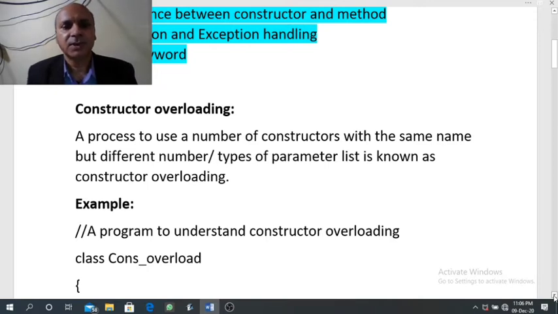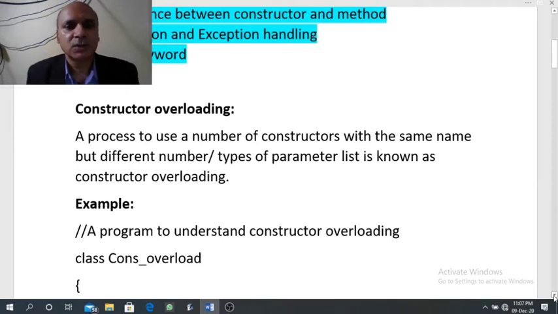In the previous chapter method we had discussed method overloading or function overloading. In case of function overloading, we design many functions with the same name, but these functions will have either different number of arguments, or if the number of arguments are same, then their data type should be different. The same criteria is used for constructor overloading also.